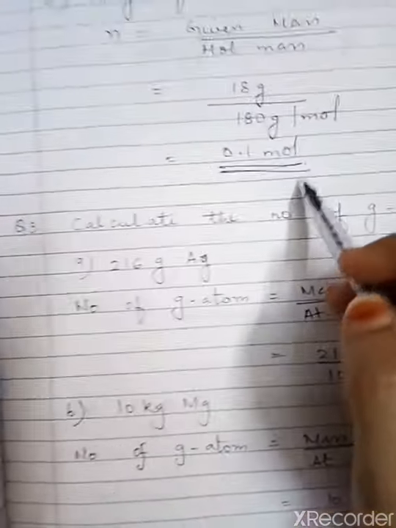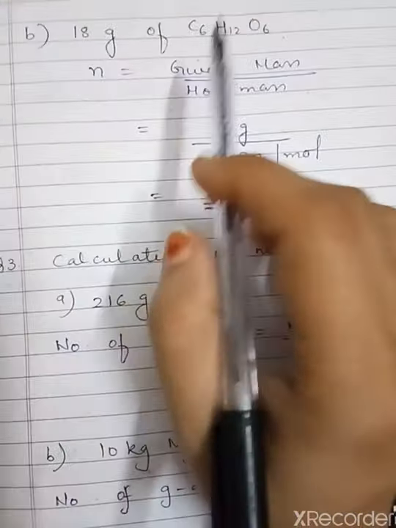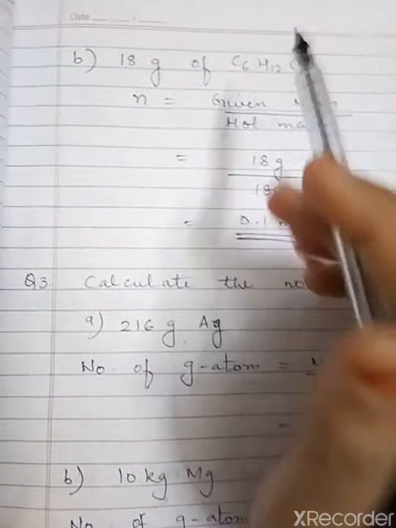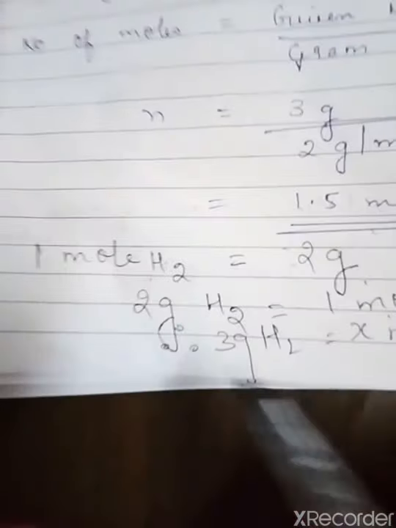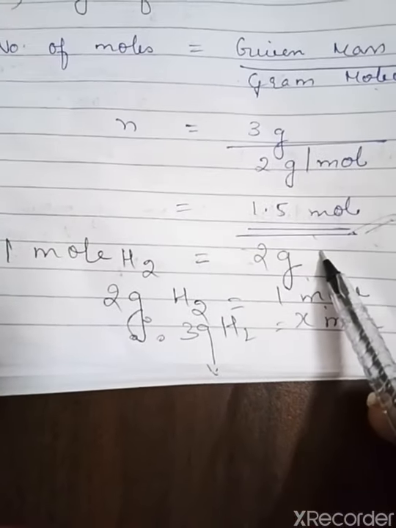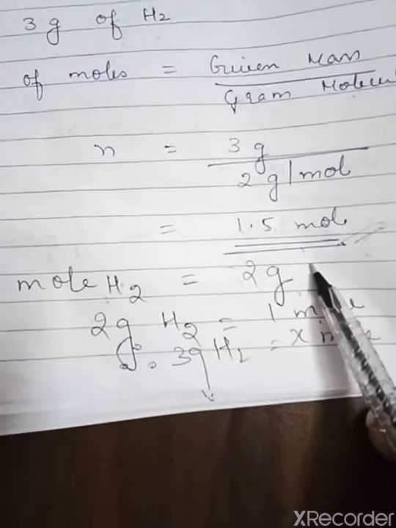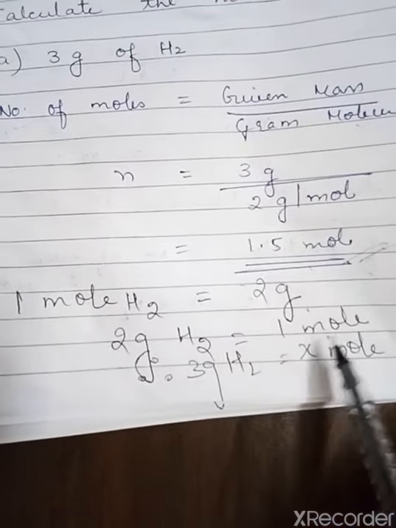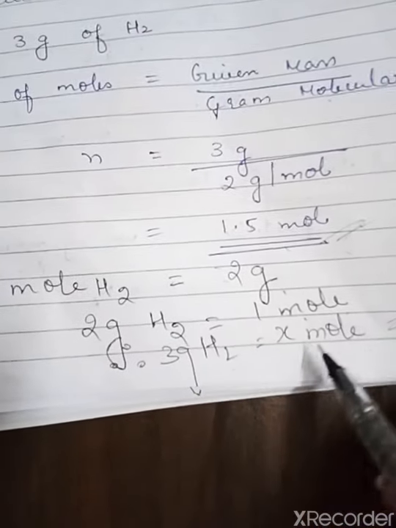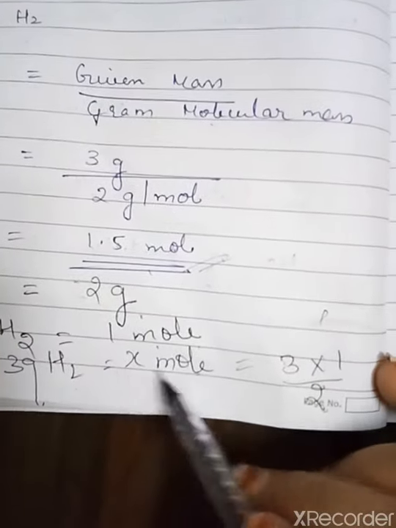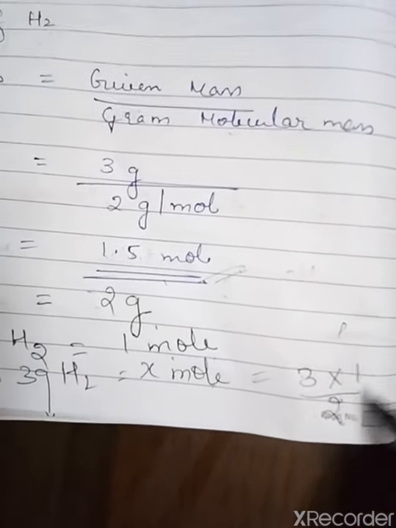Now, I hope you either use the formula or understand it, because the formula is derived from the concept. I have written over here, 1 mole of hydrogen has a mass equal to its molar mass, 2 gram. So how many moles is 2 gram equal to? 1 mole. So how many moles will 3 gram have? That is, you are simplifying and you get the formula. What did you do? You found x moles. x moles is 3 into 1 by 2.